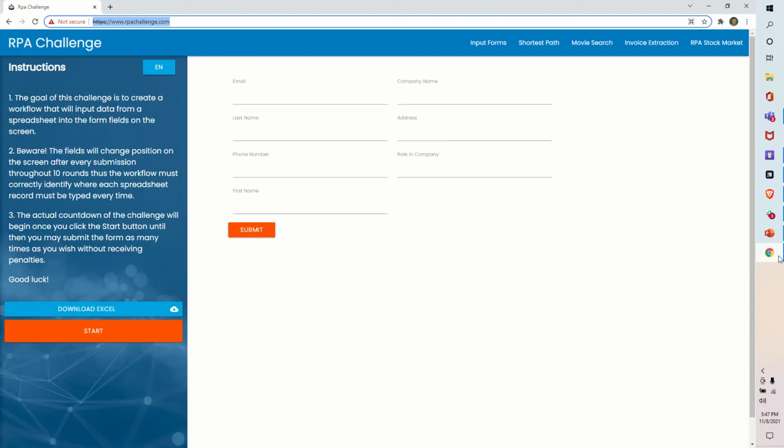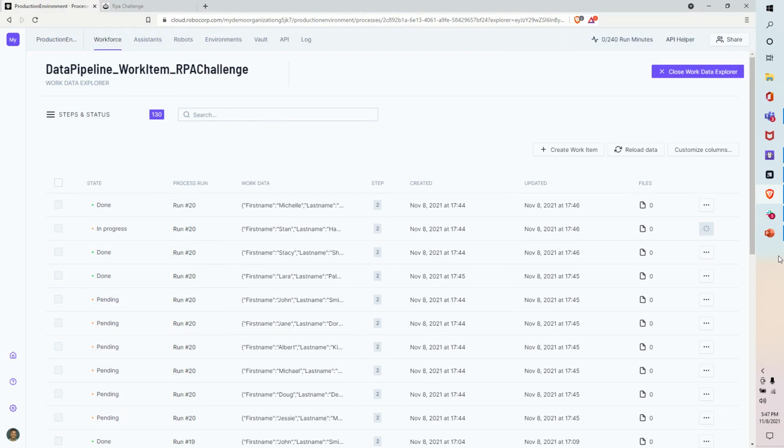So you can probably see the advantage of work items. I have loaded all the 10 records into a kind of data pipeline between the two steps, where in the first we are uploading the data, and in the second we are consuming the data, like processing the data. And let's see which ones have been processed. 1 2 3 4 5 6 have been processed.